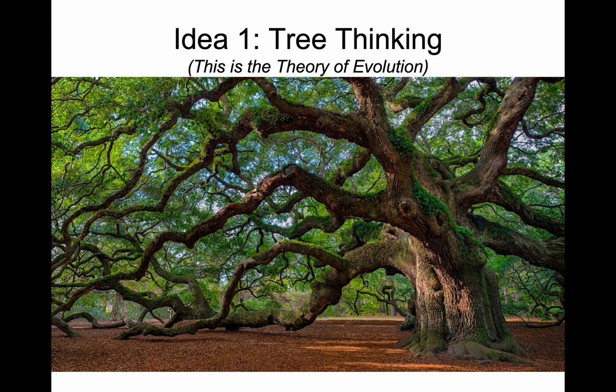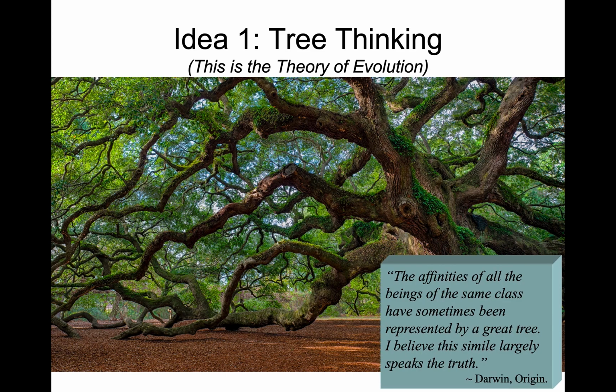So his number one idea, tree thinking, and this is from Darwin's Origin: "The affinities of all the beings of the same class have sometimes been represented by a great tree. I believe this simile largely speaks to the truth." And so you have this idea that there's this tree of life. Now, of course, man is still sitting at the top, because we're seen as the ultimate organism and species, and we are very successful in our own right,